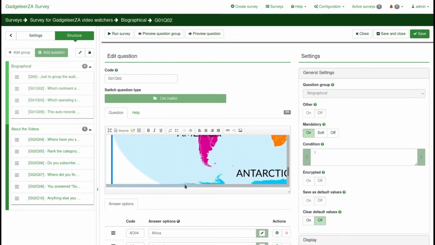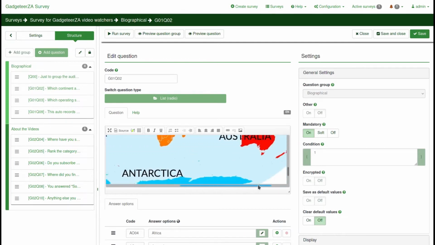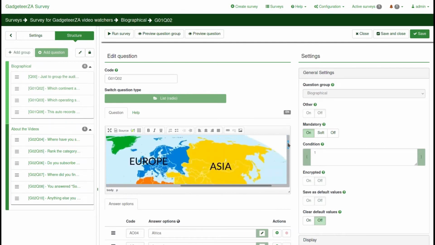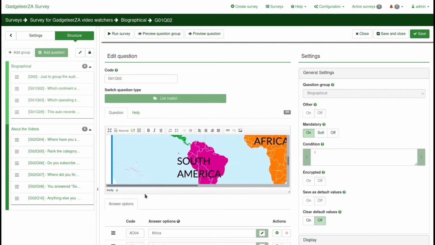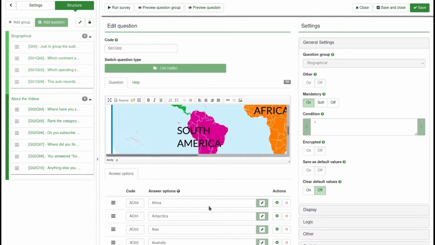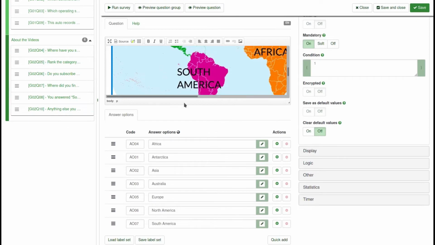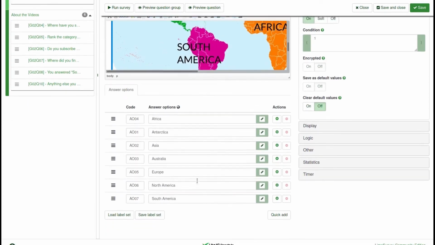So I inserted an image as well, just for people that were confused about which continent they're actually on. So there's a lot of multimedia and other options you could choose. This could have been a voice clip, it could have been a video, or anything else you've inserted in here. But the point is, there's an image with a question, you give the various options for the answers, and